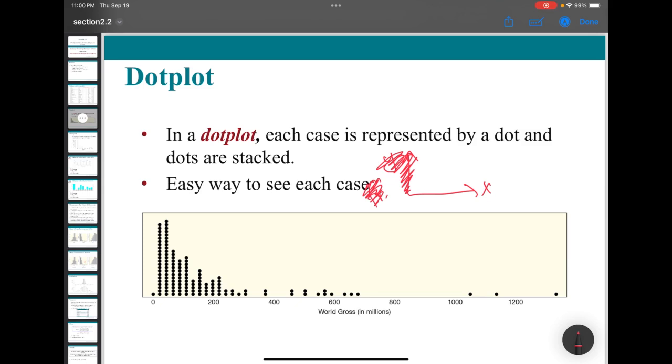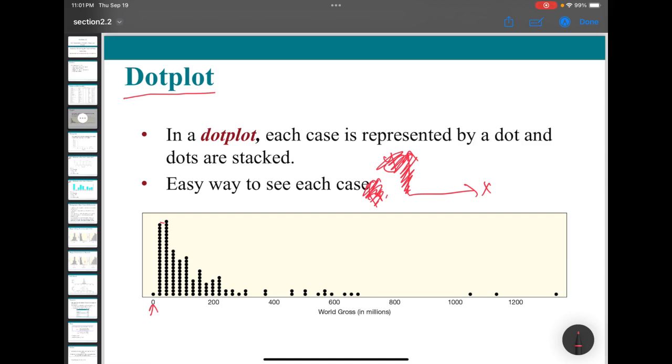In this dot plot, it is full of dots. Each value is represented by using a dot. If we have more than one occurrence, then we have to stack that dot on top of the existing one. See here, under 0 we have just one dot, that means there is only one value. But the next one, there are many dots, that means in this data set,